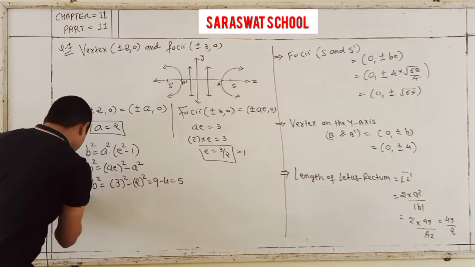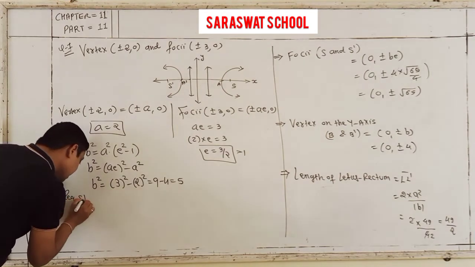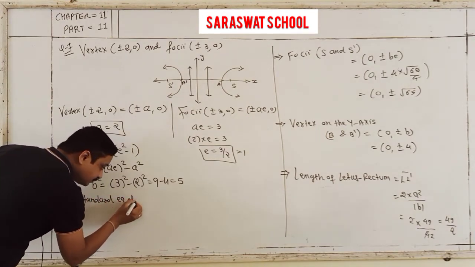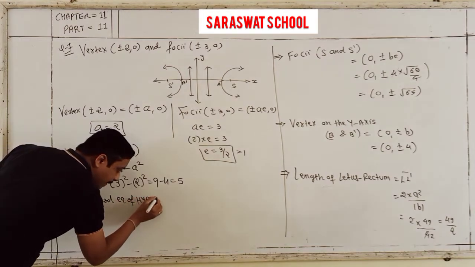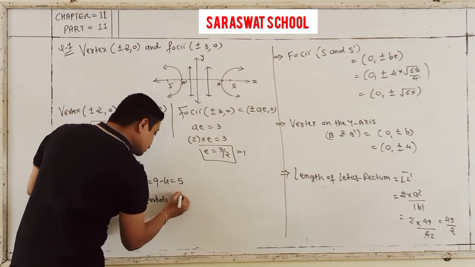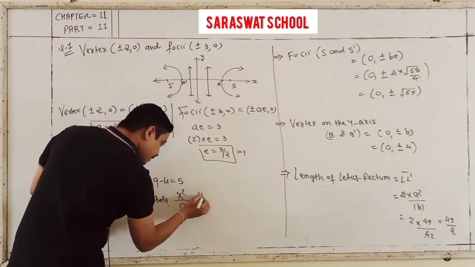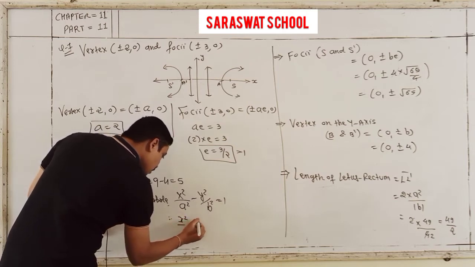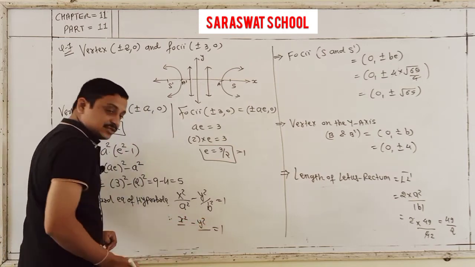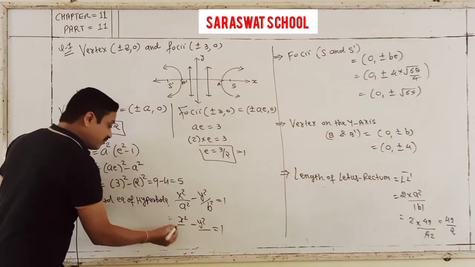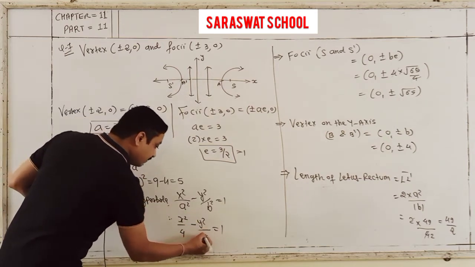It means the required standard equation of hyperbola is on the major axis x-axis. So x square by a square minus y square by b square is equal to 1. Now putting down your values, what's your a square? Yes, my a square is clearly known, 2 square is 4 and b square is 5, and that's your